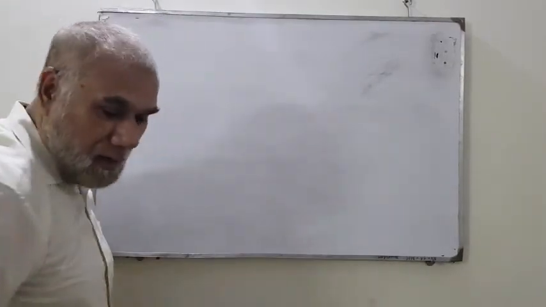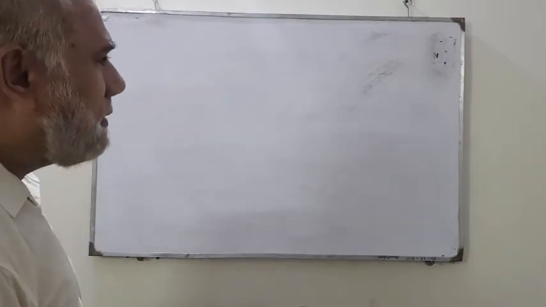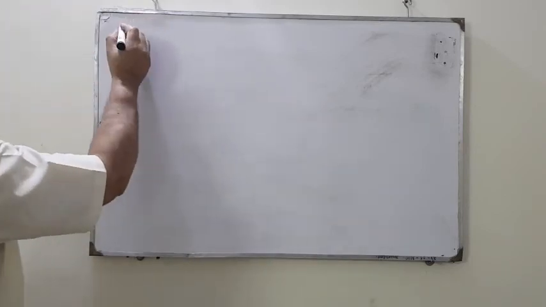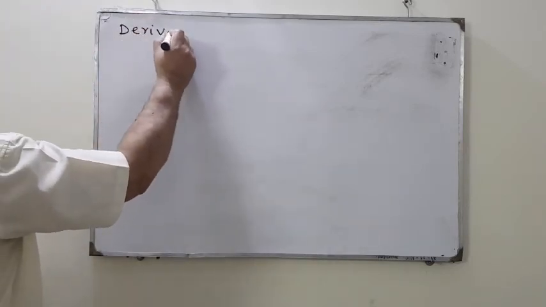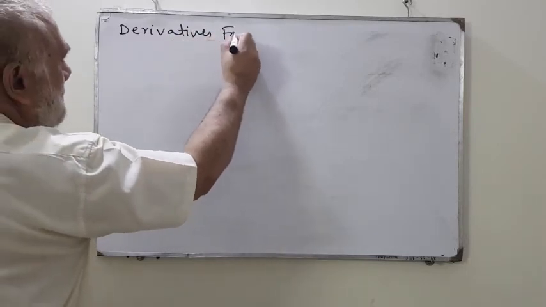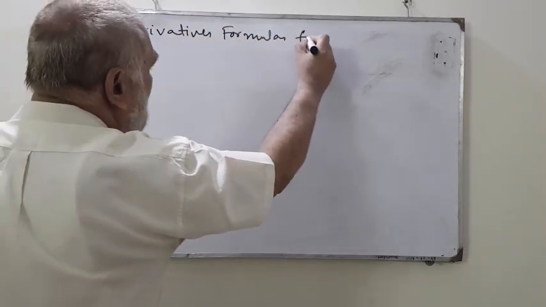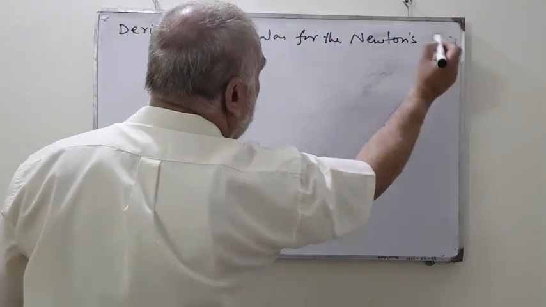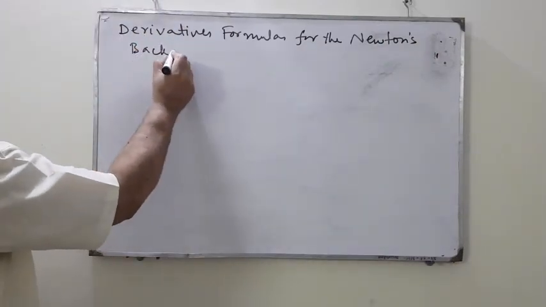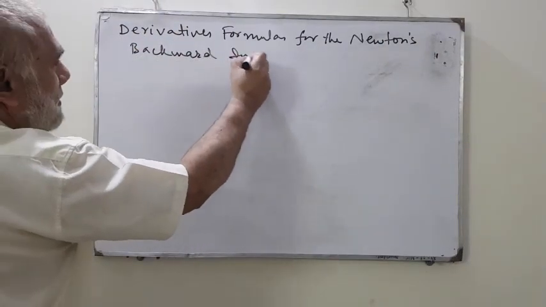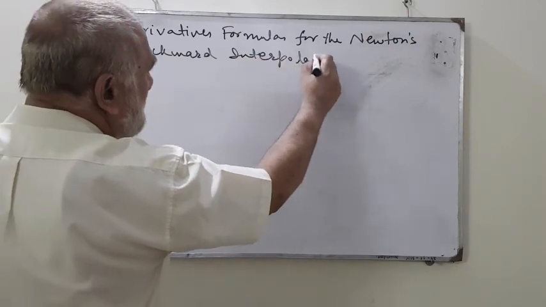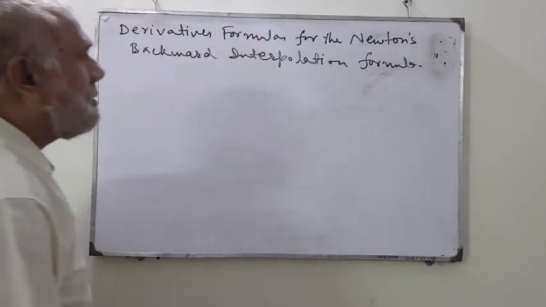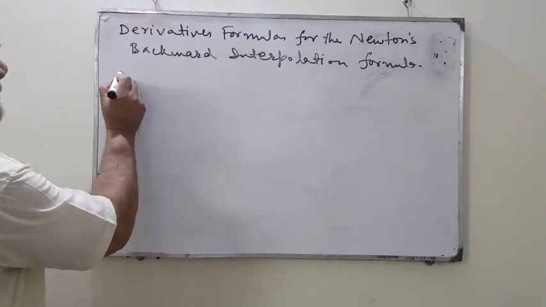Okay, let's write down the derivatives formula for the Newton's backward difference interpolation formula. So for the backward interpolation formula, the first derivative formula is